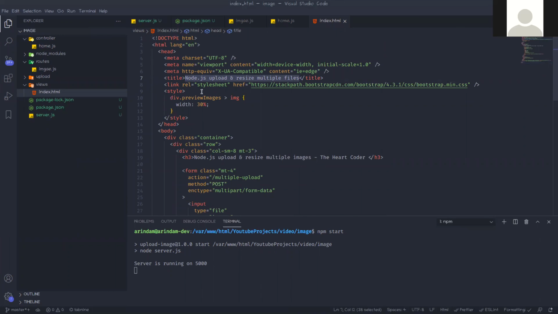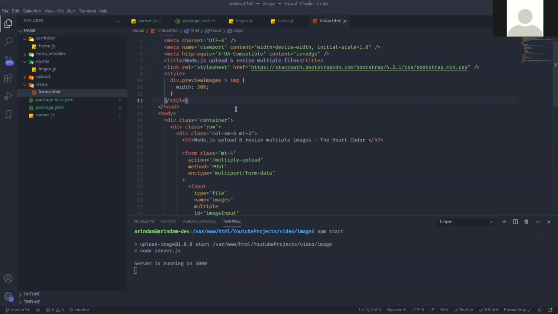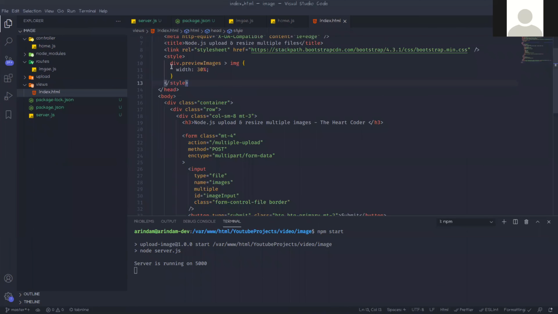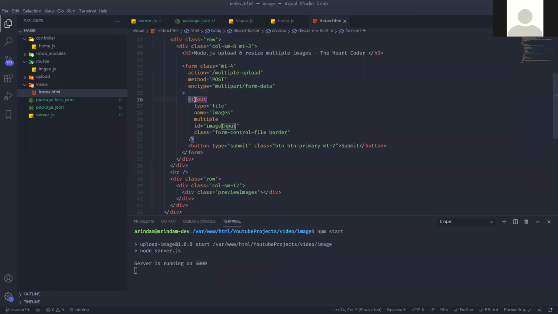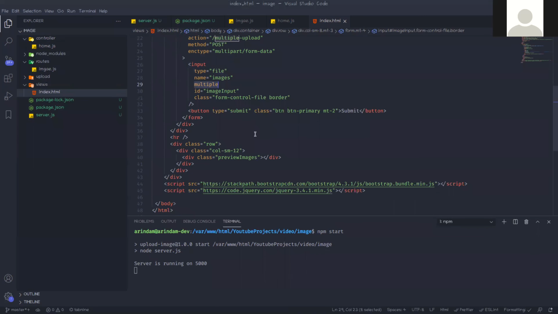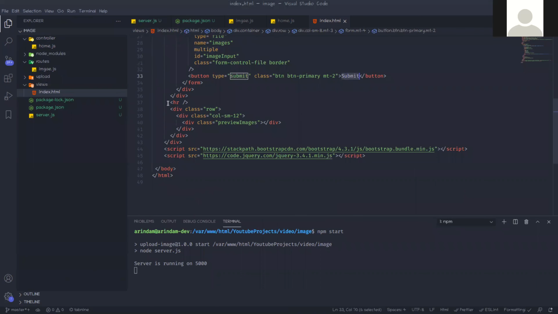And there is some CSS here, and this is the form, and the action should be multiple upload. This is a route actually, and the encryption type should be multipart/form-data. Okay, and this is the file input, and we are using multiple, so the user can upload multiple files together. Okay, so this is the button.